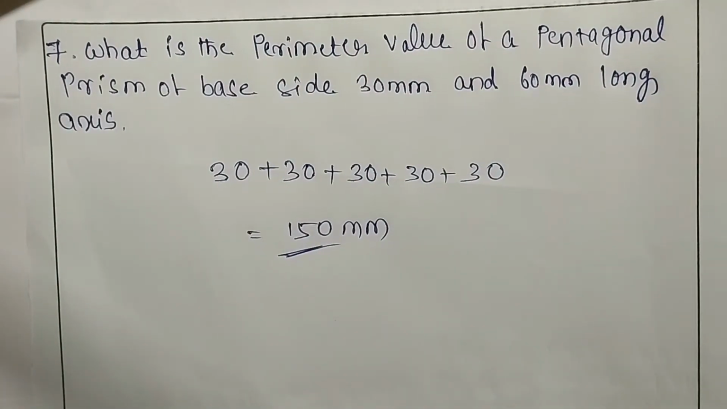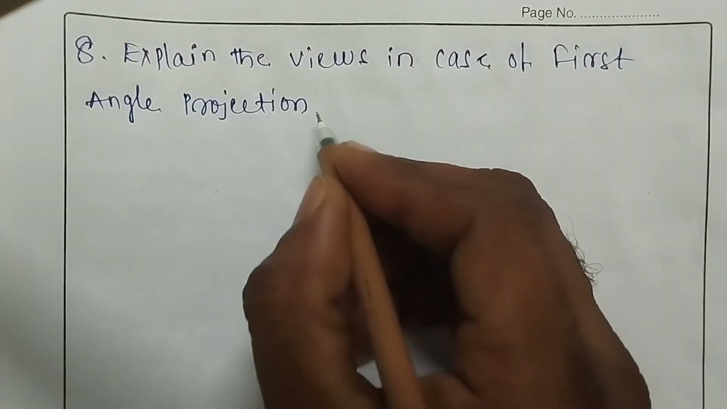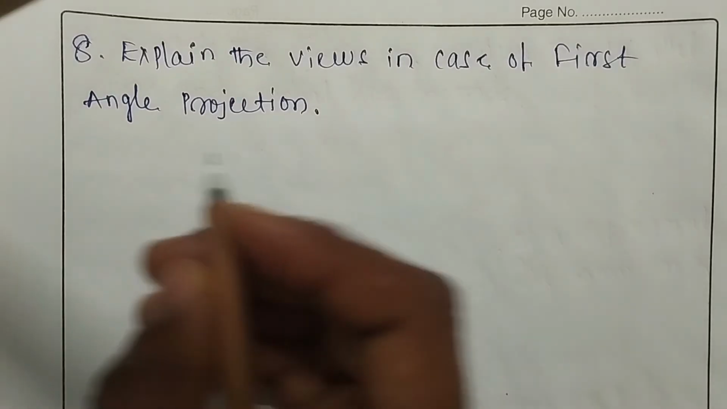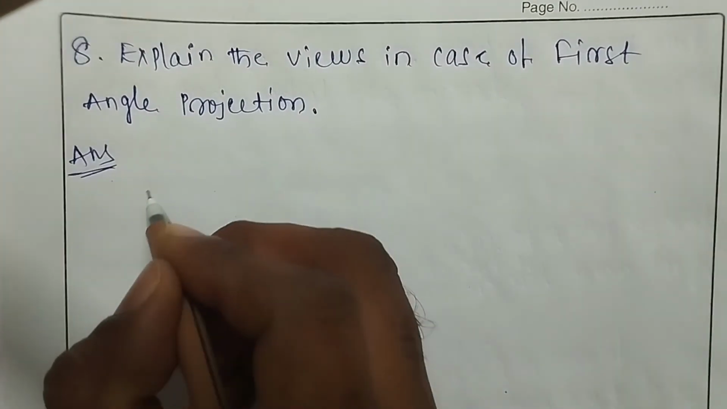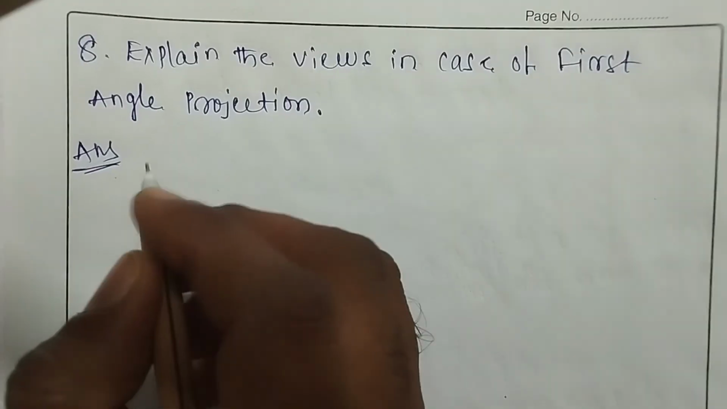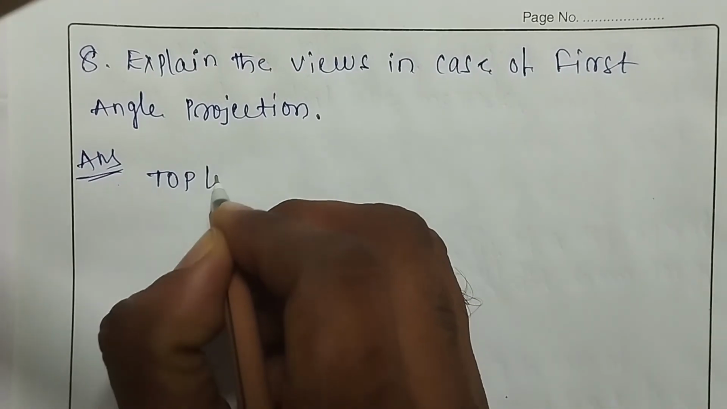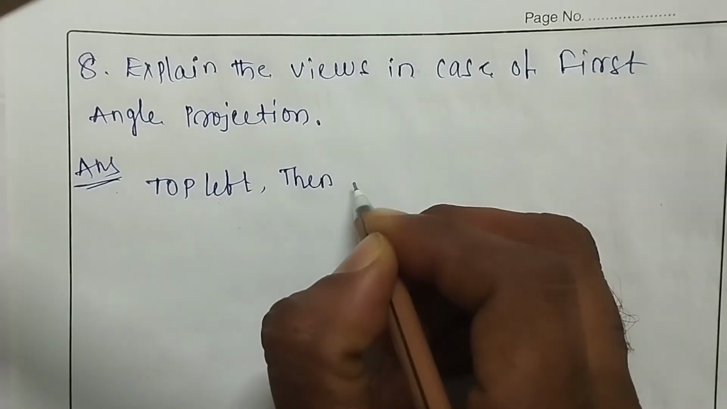The next question: explain the views in case of first angle projection. This is the question. In first angle projection, the views come in the following sequence. I am going to write it here. First is the top, left, then clockwise,